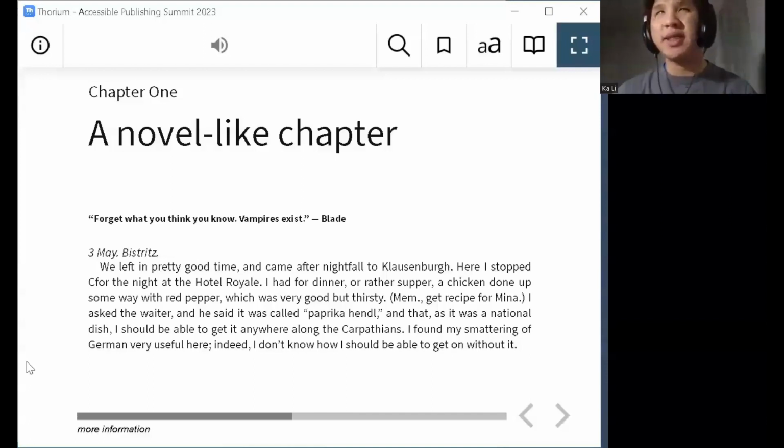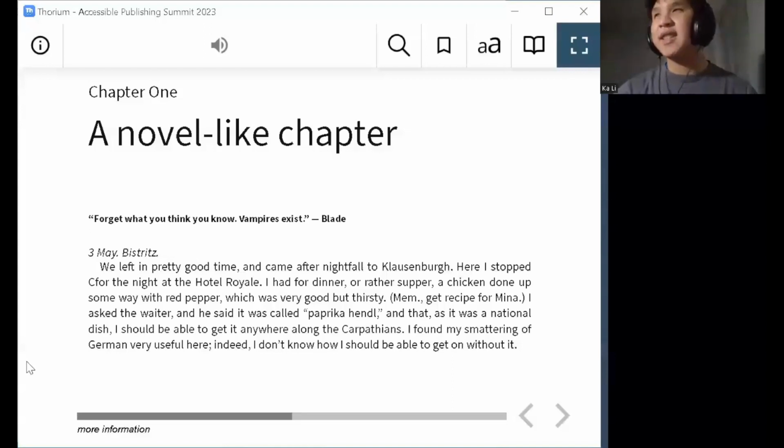Now, one of the major mistakes we've seen with ebooks is people using headings as styling, and what that does is messes up the structure of the book, which is important for screen reader users as they rely on headings to jump to different sections and to know how the section is laid out.